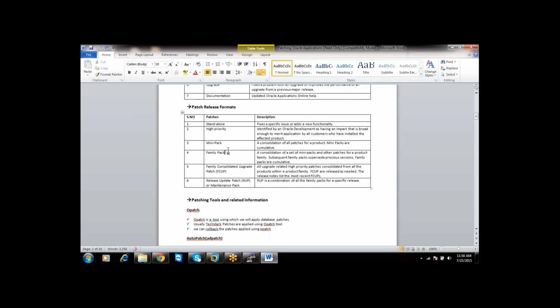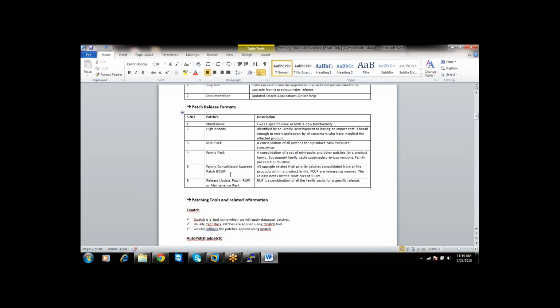So standalone patches are interim patches which fix an issue. A mini pack equals multiple standalone patches. A family pack equals mini pack plus mini pack related to one particular family.